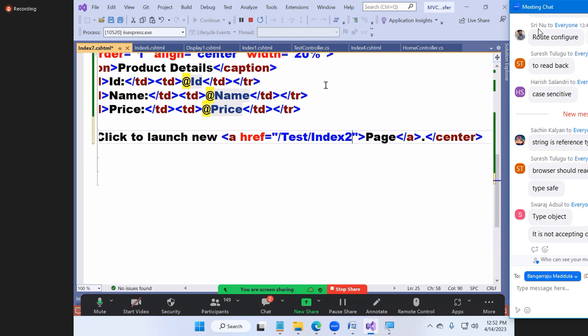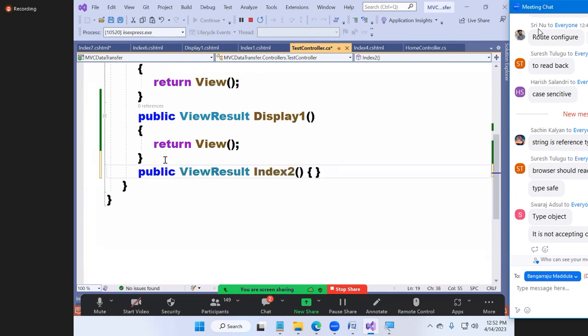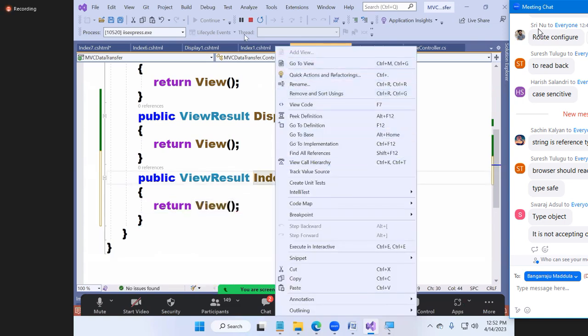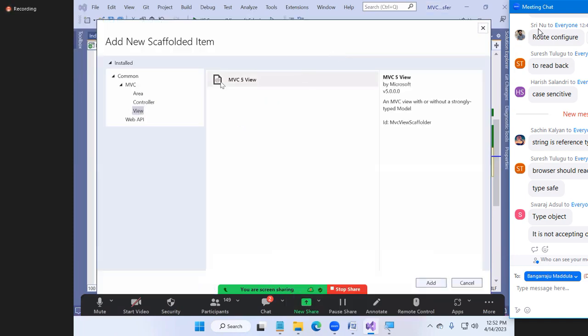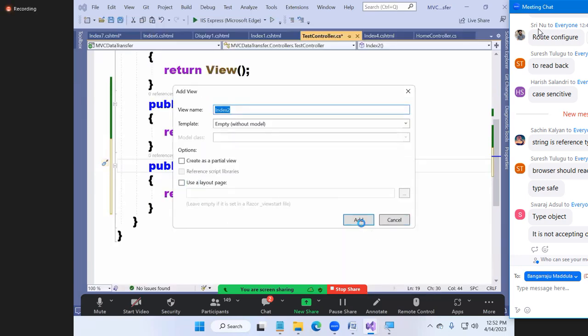Come on, let us go to the Test controller. Public ViewResult, return View. That's it. Add a view. What is the code?